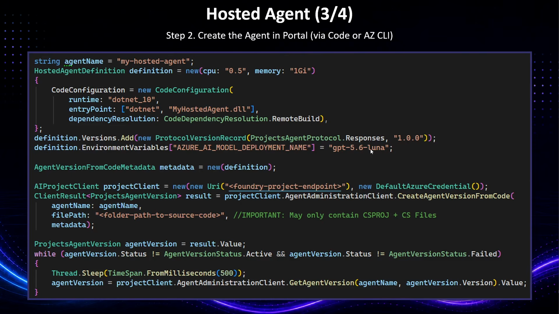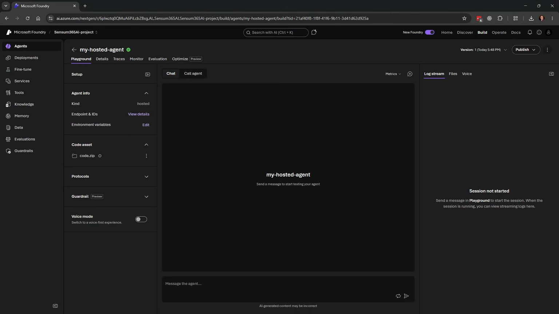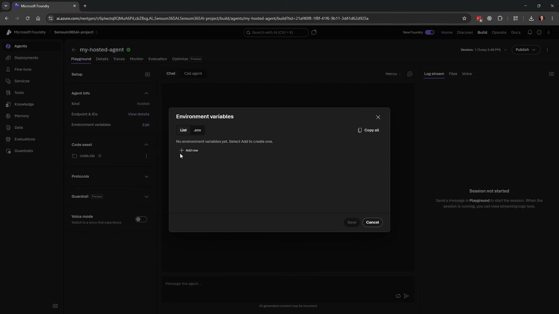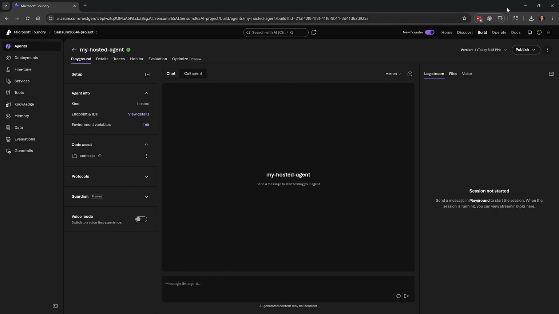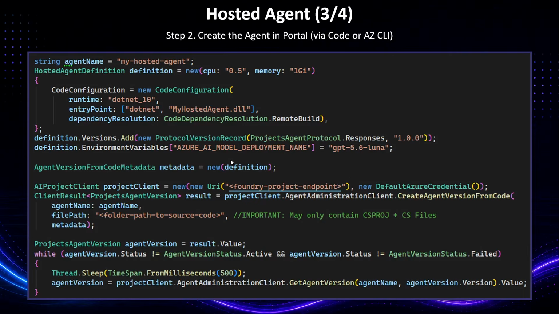Here I've just hard-coded it, but we could also just leave this empty and define it up in Azure after the fact. So this environment variable will actually be in one of these as the name and the value. So that is possible to do as well.